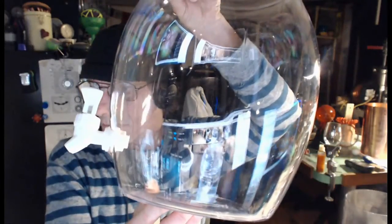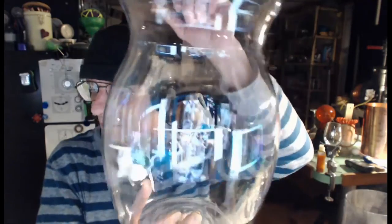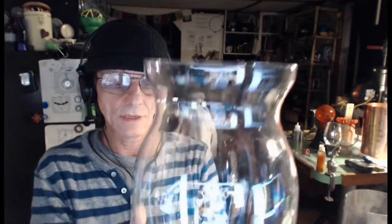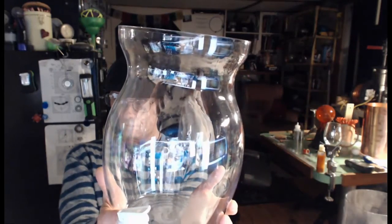Your container has an advantage over mine in a certain way, because yours has smooth walls all the way around. They're circular. Mine has a handle on it. Oh yes, I wondered about the handle thing in many of these containers, and that's another reason. Yeah, it's true. I like this one, but the purpose of the handle